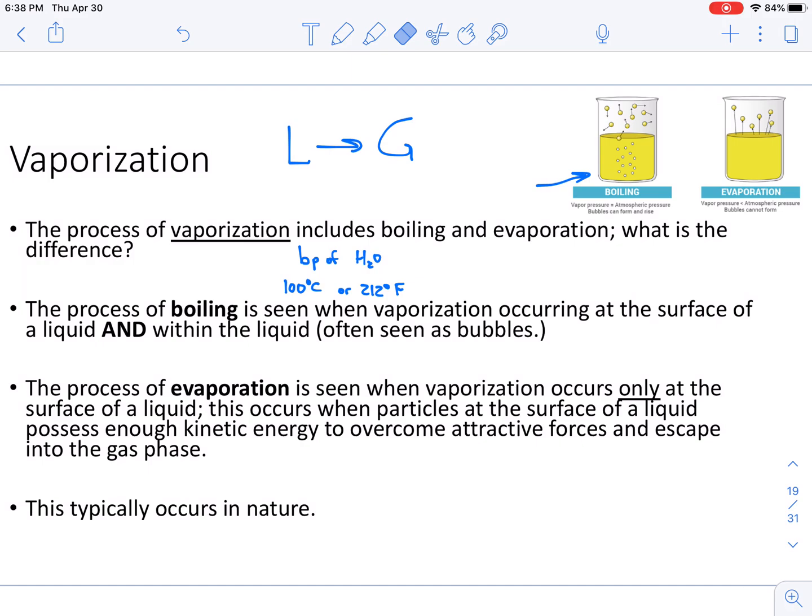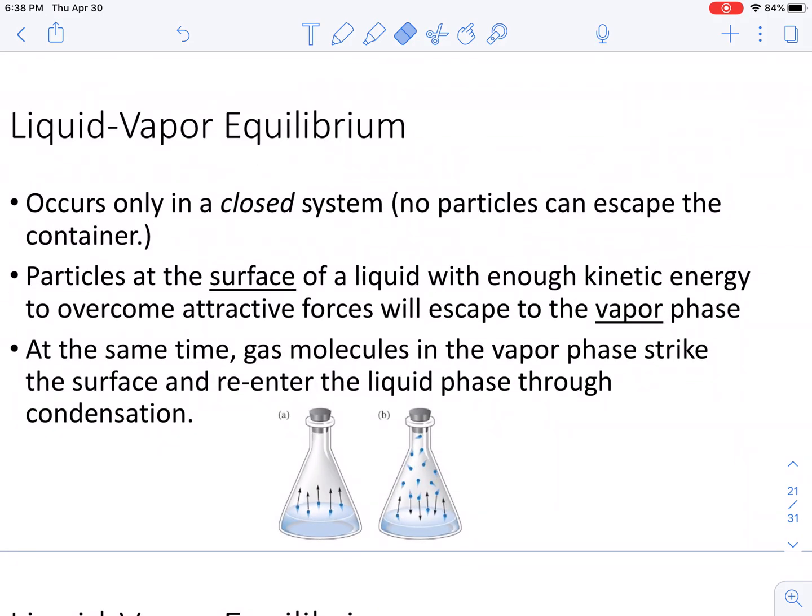But they're not boiling. It's not 212 degrees outside for sure. Let's talk about that intersection between molecules leaving the liquid phase and going into the gas phase and then re-entering the liquid phase. So we have this constant kind of battle